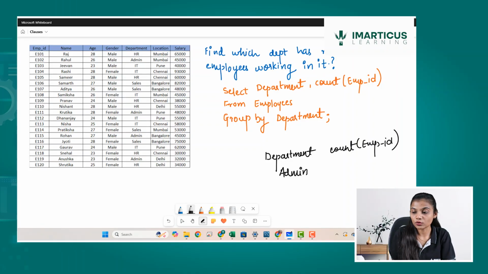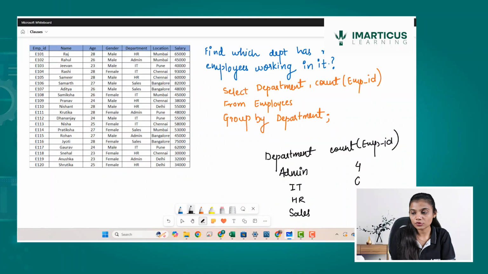Then I go with IT. I go with HR and then we have something called sales. So admin as a group: 1, 2, 3 and 4. So the count of admin is nothing but 4. Now IT as a group: 1, 2, 3, 4, 5, 6.